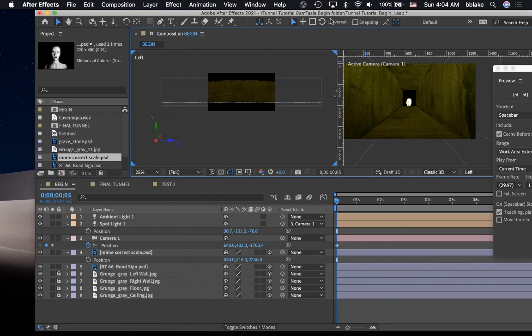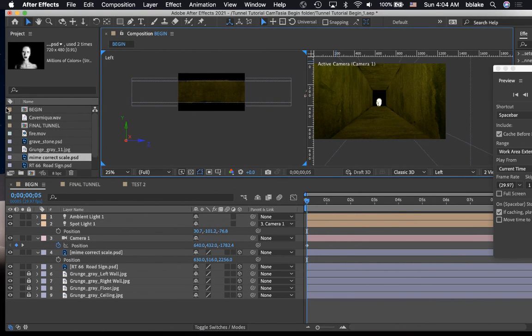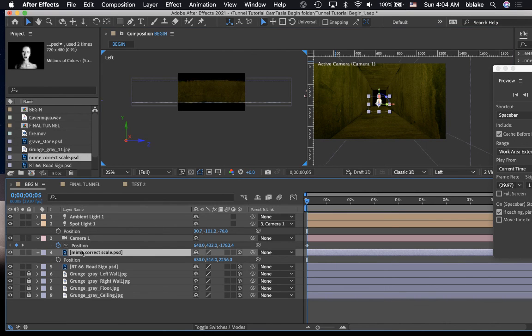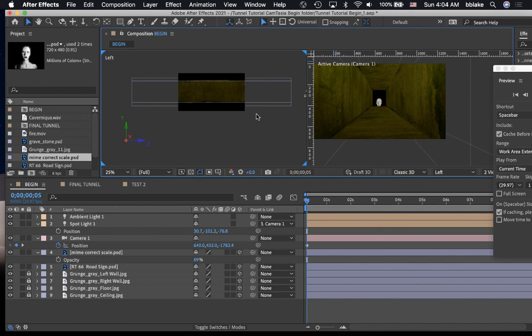Okay, the last thing I'm going to do, the other thing I could do, is with the mime, if I can find the layer, I can also bring down the opacity a little bit too. That would probably help. Okay,